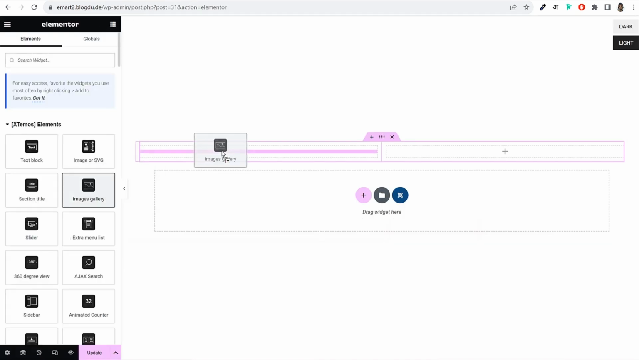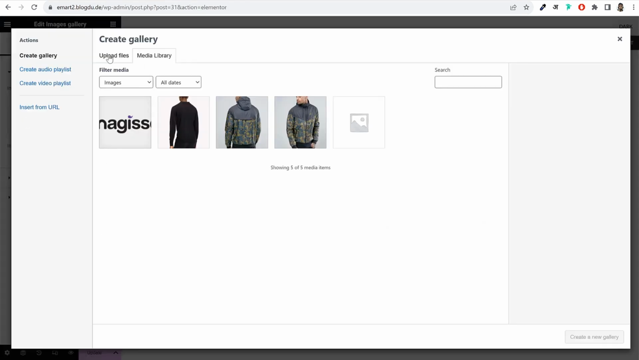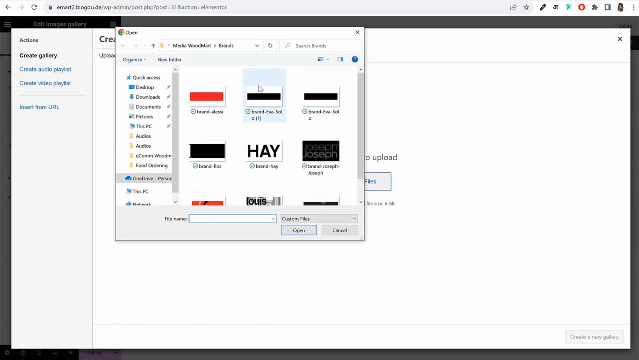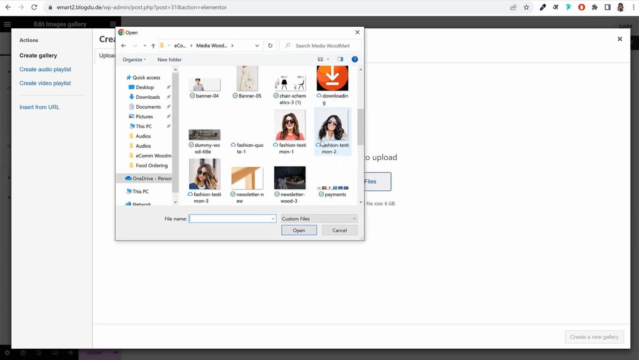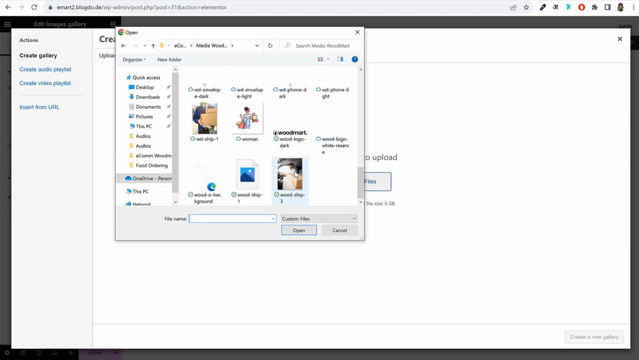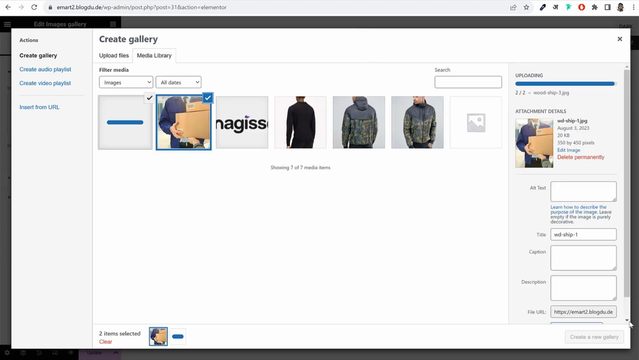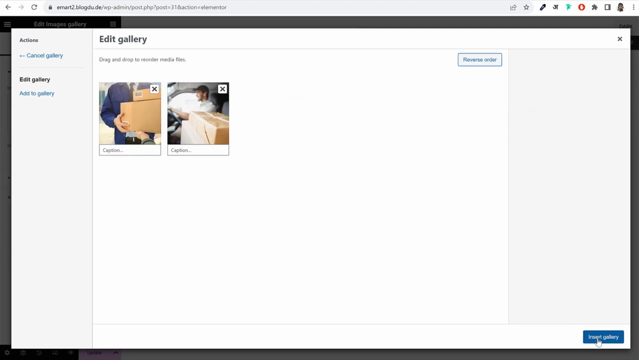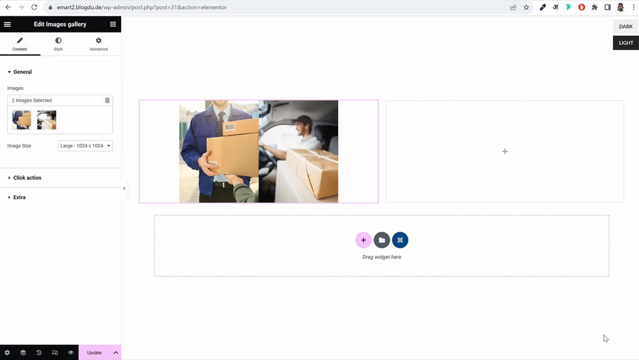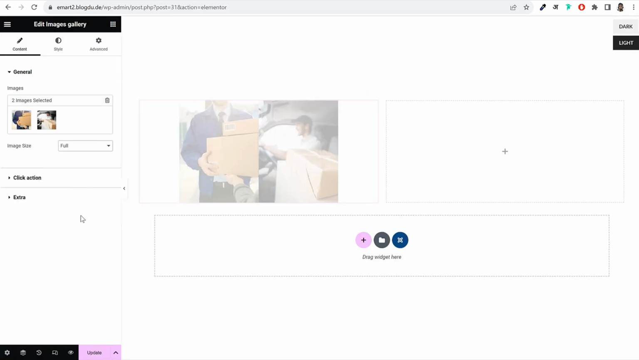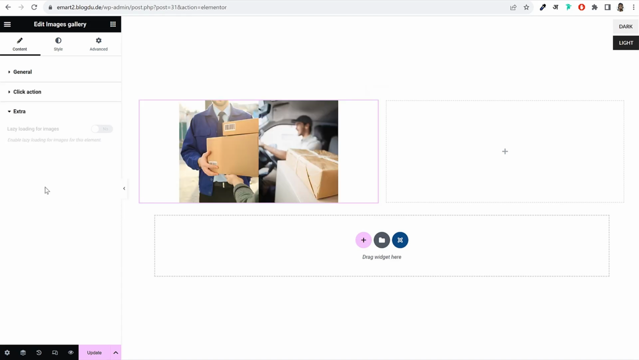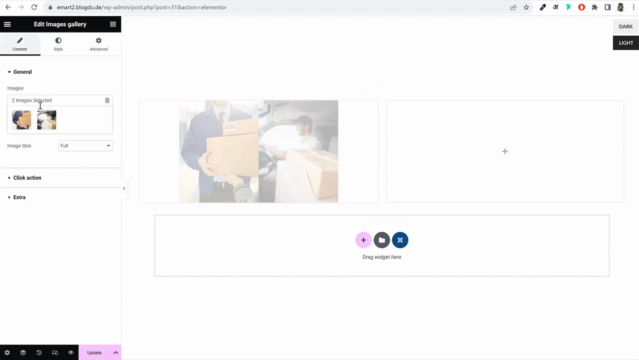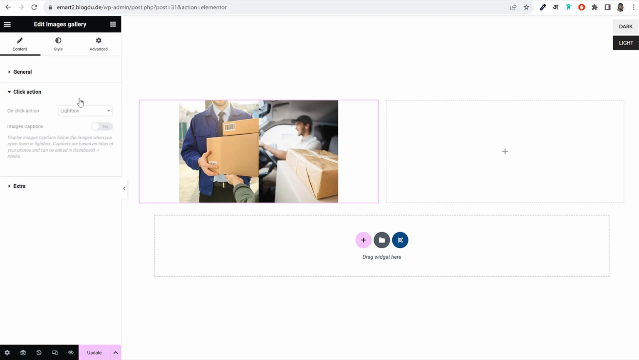Here it is, image gallery, and I'll upload these two images. These two images are also given to you under this folder. Here as you can see, these are the two images. Click on open, and once added click on create new gallery, insert gallery, and what we'll do is change this size to full first of all, and after that go to advanced, and under click action I don't want lightbox,